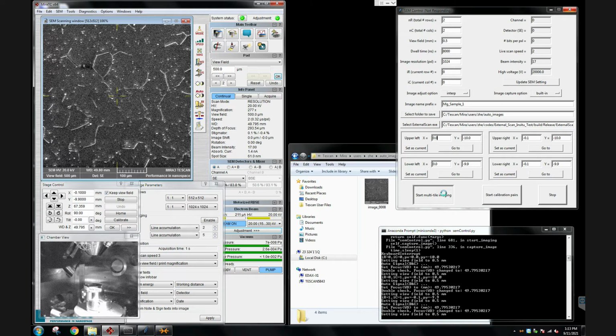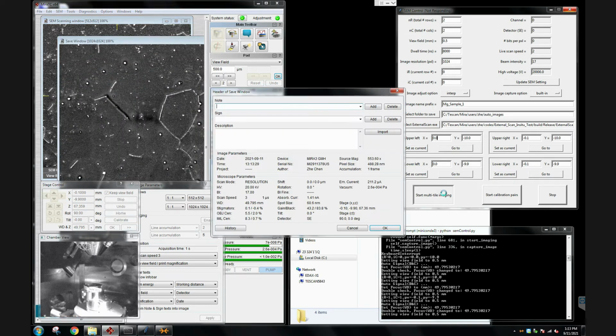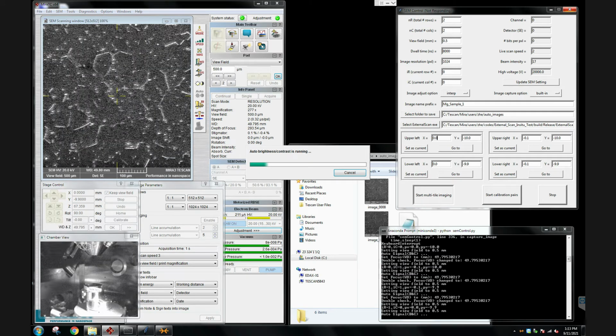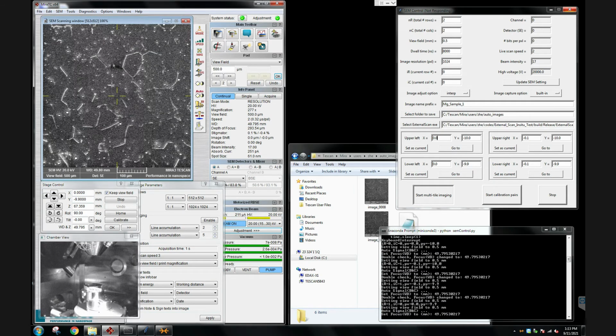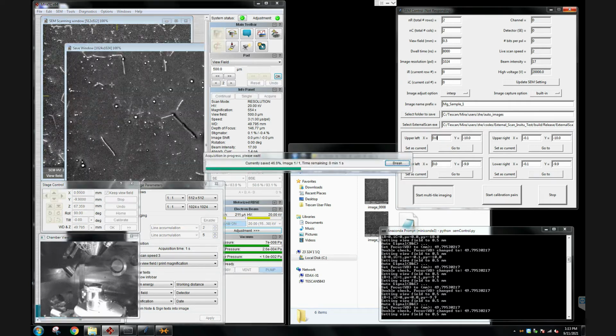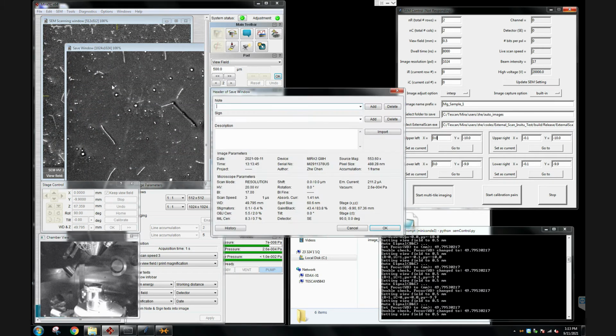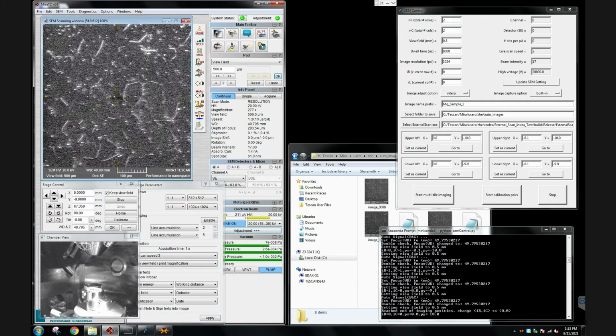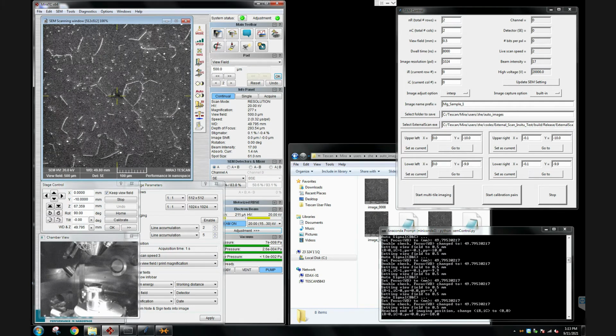And you can notice the translation of the SEM image in this live view. Now all the 4 images are taken and the stage is translated back to the original position.